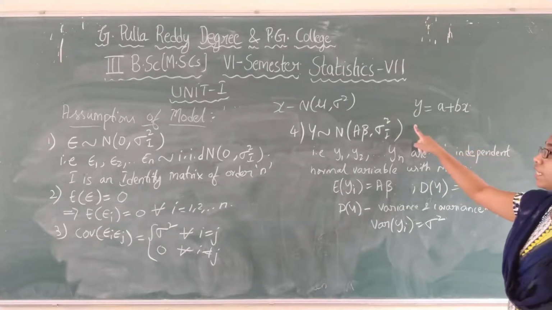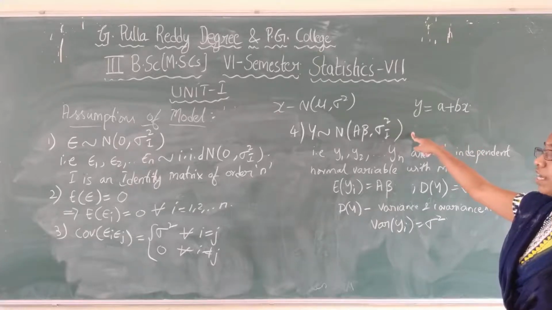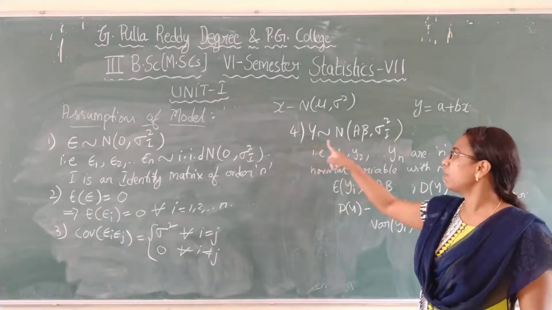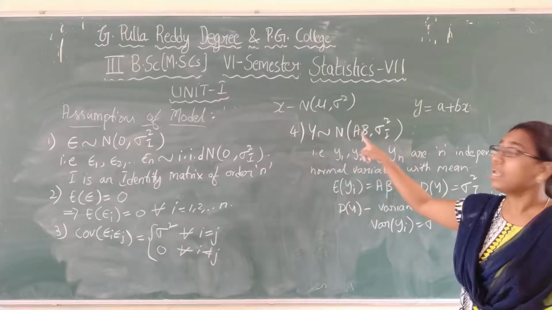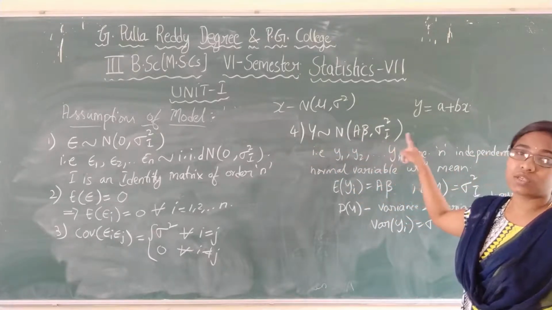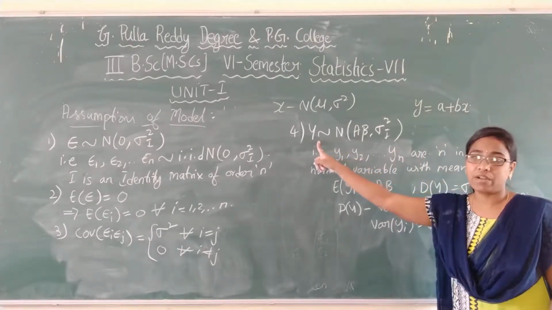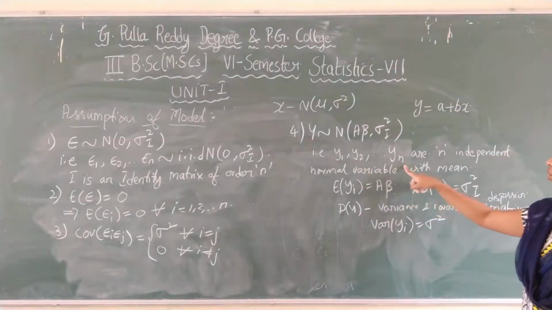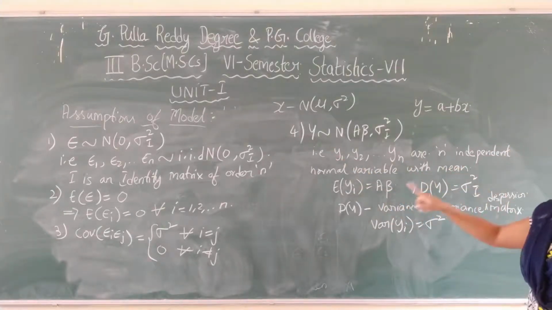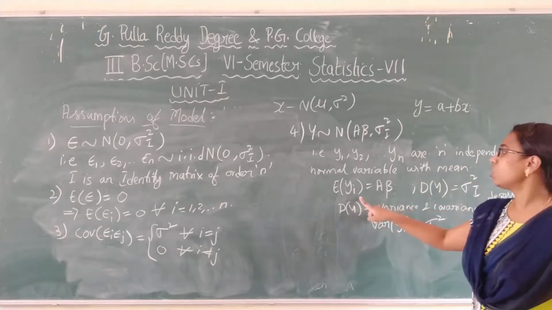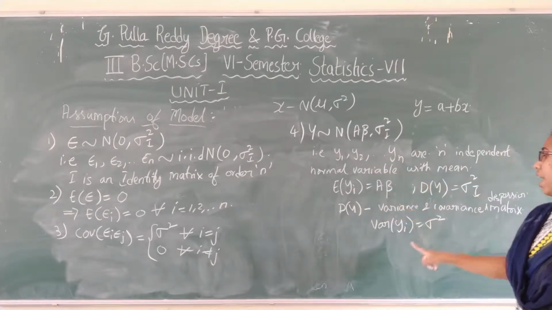Now coming to the next assumption, that y is related to the random variable vector, that is, y follows the normal distribution with Xβ comma sigma square I. So y indicates all the random variables, that is y1, y2, so on, yn, which are n independent normal variables with mean, expectation of yi equals to Xβ, and variance of yi